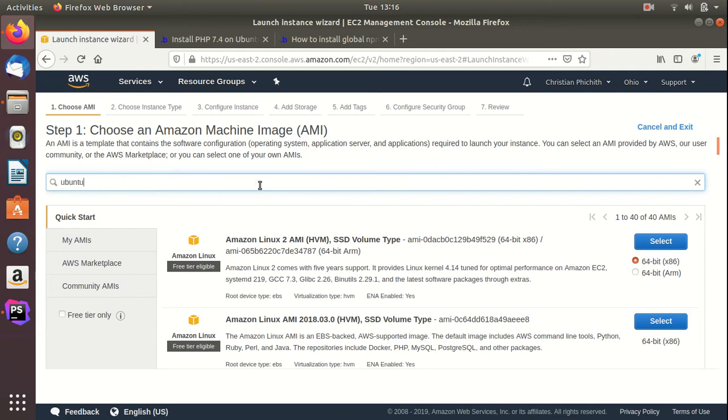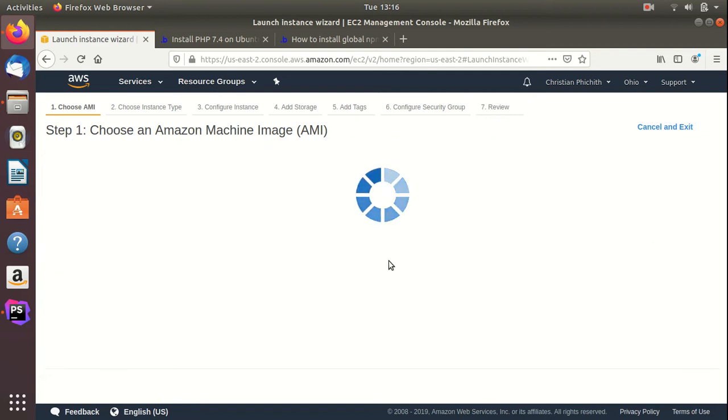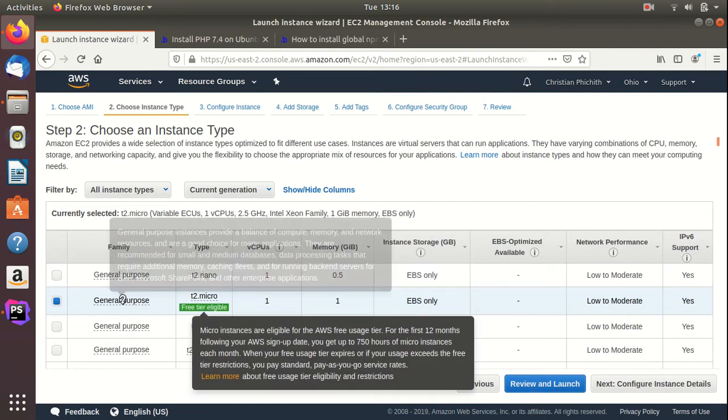But what we want to do is we want to basically use Ubuntu for multiple reasons. And I'm going to be honest, one of the reasons is that it just feels at home. As you can see, it's what I'm using on my local machine as well. But also because it is just a more common distribution, and we don't want to be too bundled to something that is AWS specific. This could basically work regardless of your hosting solution. So what we are going to do is we chose the image, and now basically when it's loading, I have